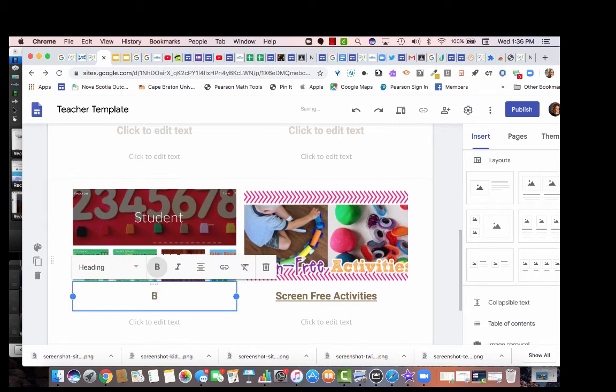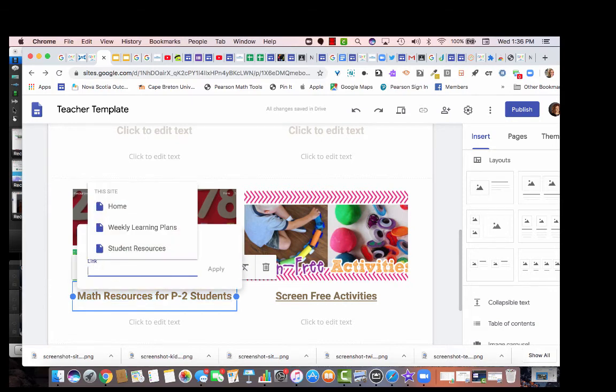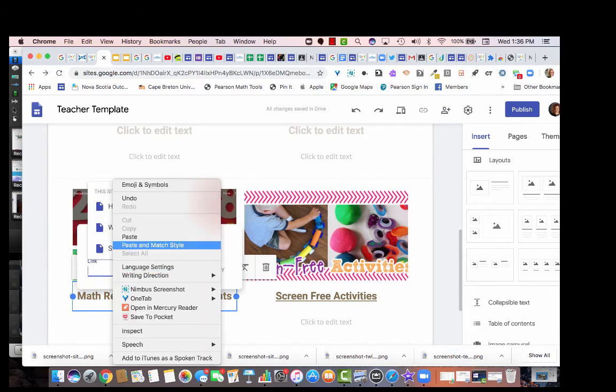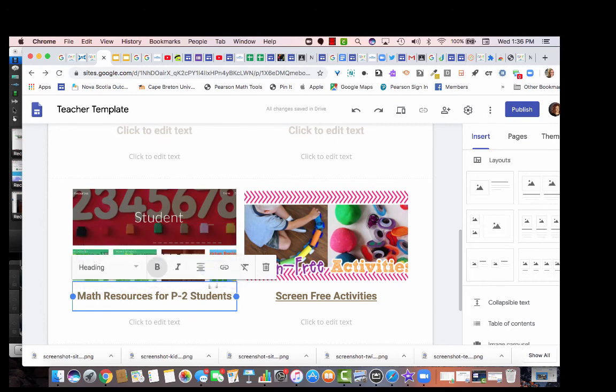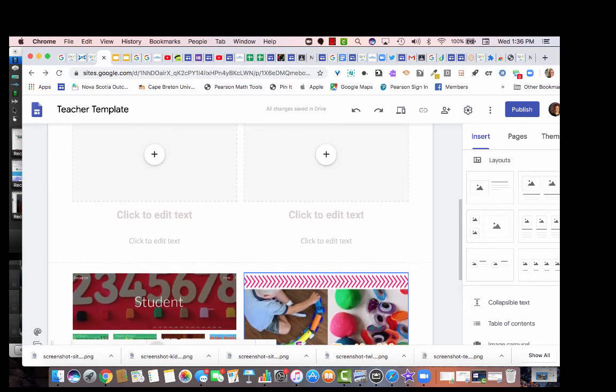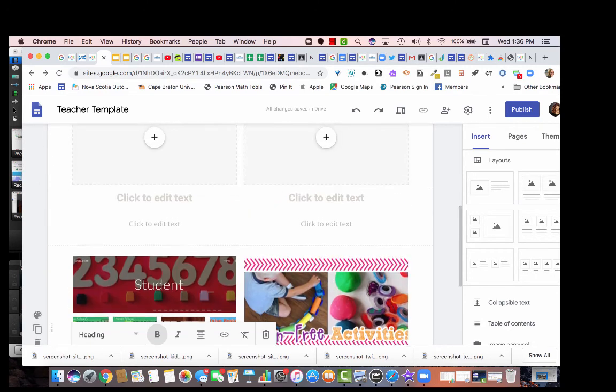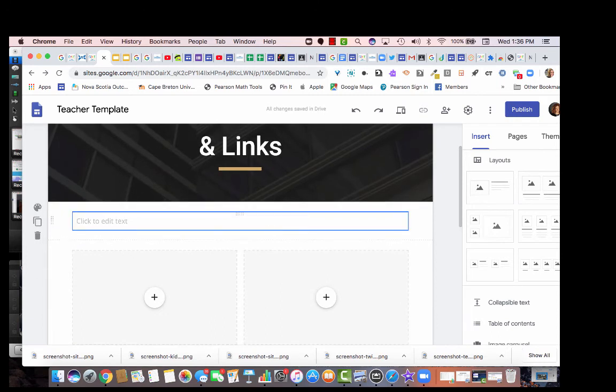And I'm going to type math resources for P2 students. And again, I'm going to highlight the text and I'm going to click on the hyperlink button and I'm going to right click on my mouse and click paste and apply. Okay, so now I've got those things, and hopefully you will now have an idea of how you can add